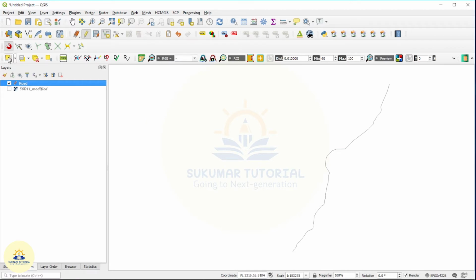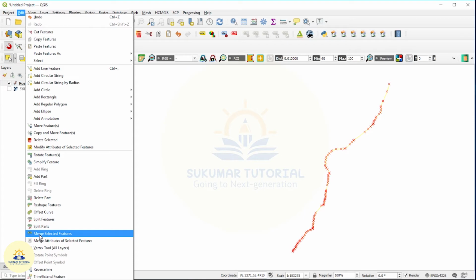So select your selection feature. This is a selection tool. Just click it, keep it over this map. The first time I digitized from this point to this point, and then I continued from here to this point, and then both are highlighted. It should be joined. It is not discontinuous, it's continuous. After highlighting this, go to edit, merge selected features are here. Click it.